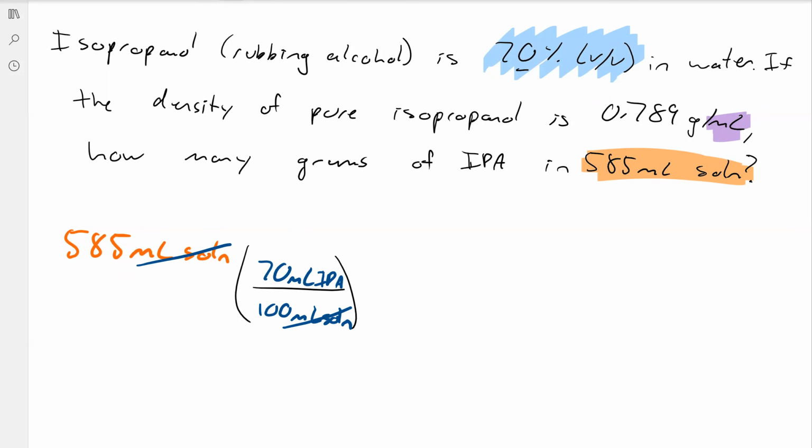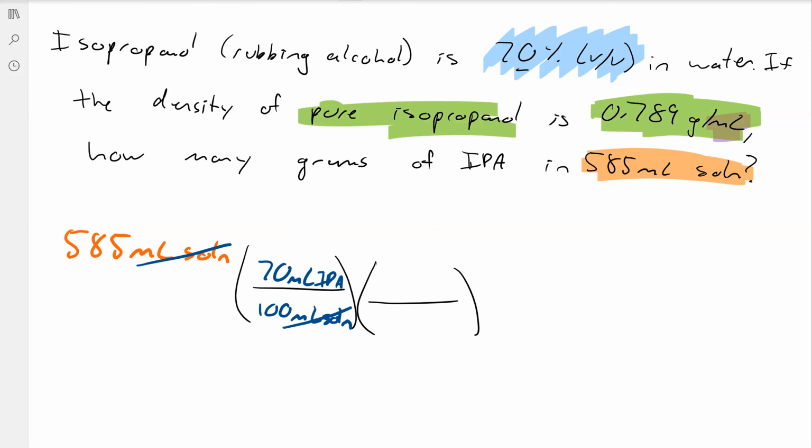And now we're talking about our milliliters of isopropanol, and that's when we can now use the density, right? This is grams per milliliter of the pure isopropanol, which is now what we're talking about. So we'll put 0.789 grams up here per 1 milliliter down here. Milliliter and milliliter go ahead and cancel out. And then we get the correct answer of